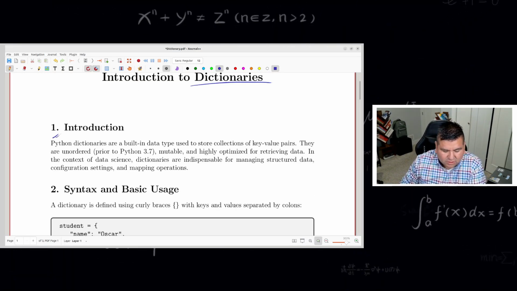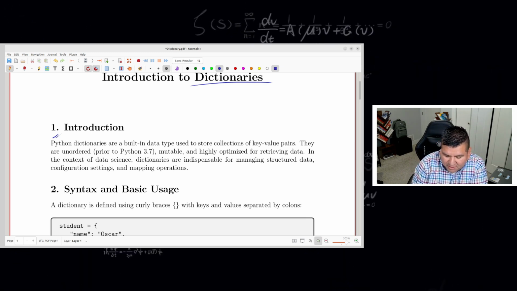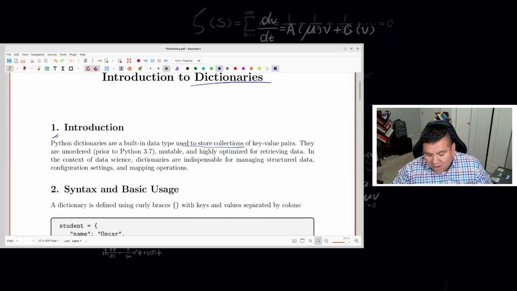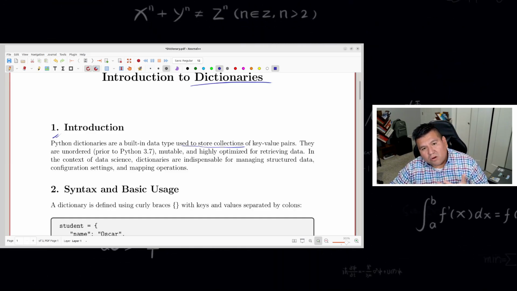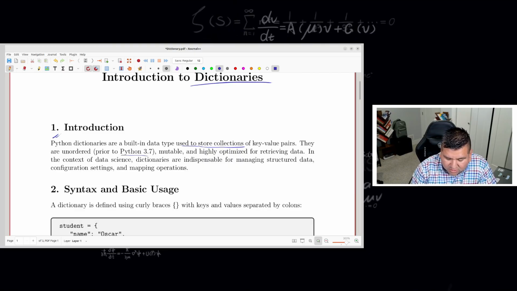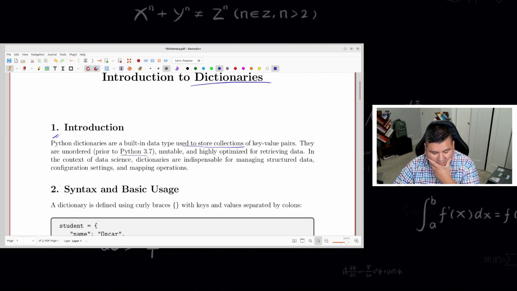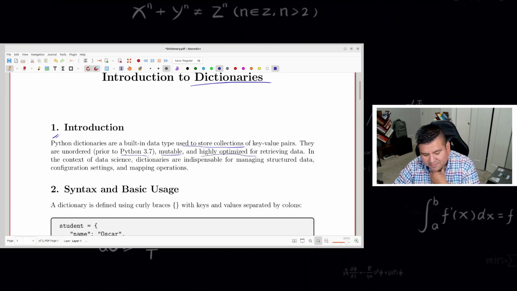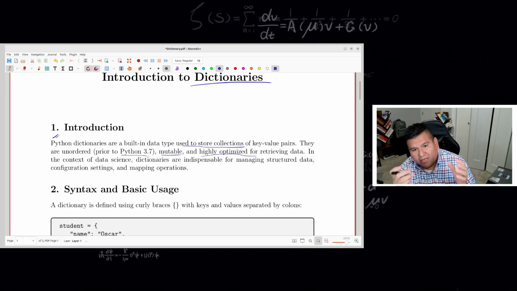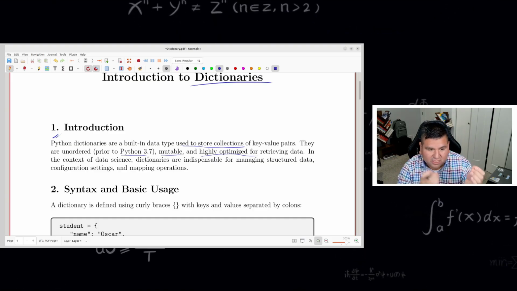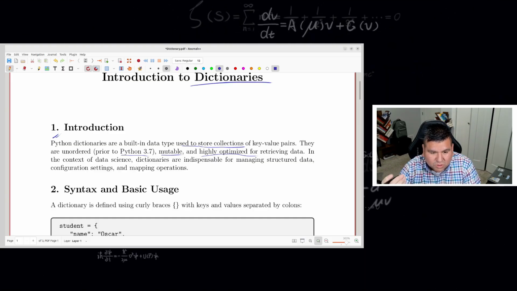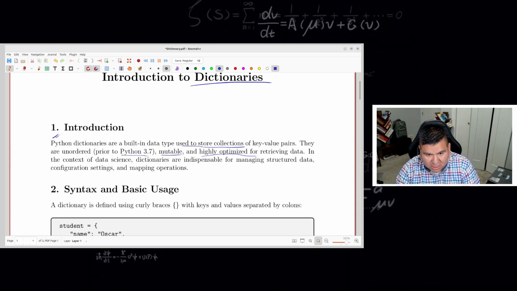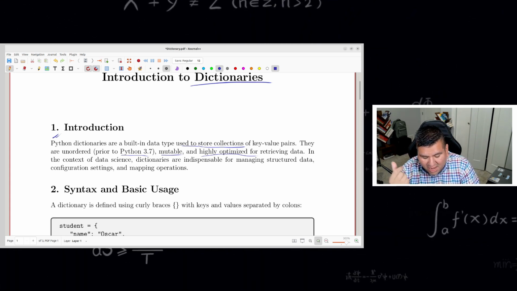Python dictionaries are a built-in data type that is used to store collections of key-value pairs. They used to be unordered, prior to Python 3.7, but now they are ordered. They are mutable, and they are highly optimized for retrieving data. Again, a dictionary is a data structure, and in plain English, a data structure is an object that allows you to store data in it. It's mutable, meaning that you can change it, you can make updates to a dictionary, and it's highly optimized